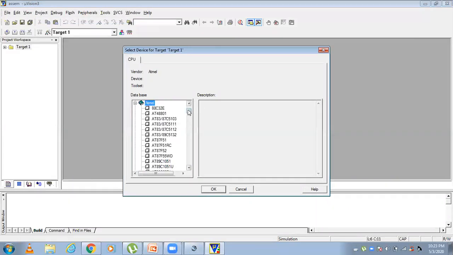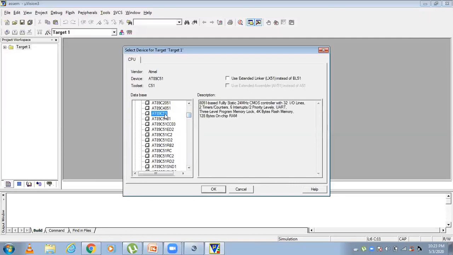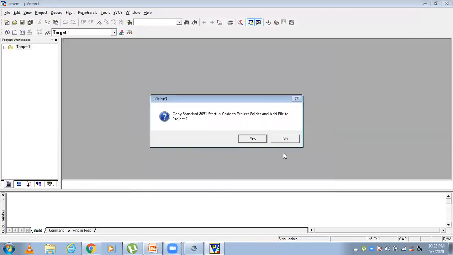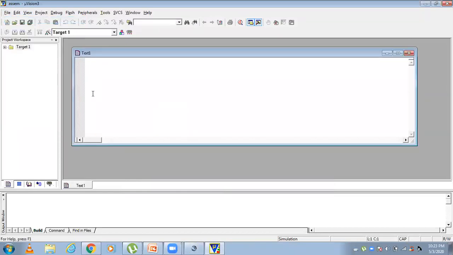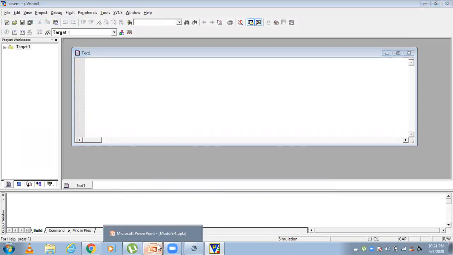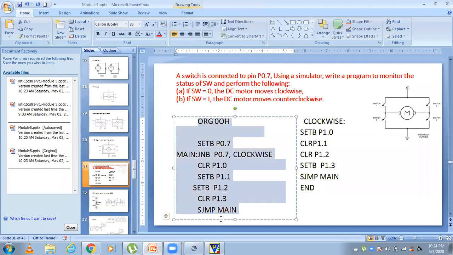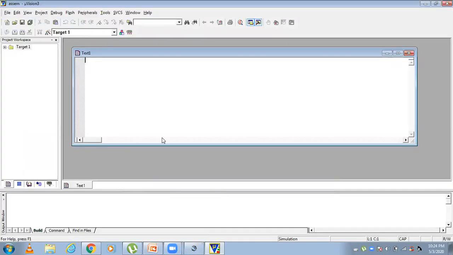Replace it. Which microcontroller should I select here? Atmel 89C51 microcontroller. Then open this file and load the code here. I will copy this same code and paste it here.